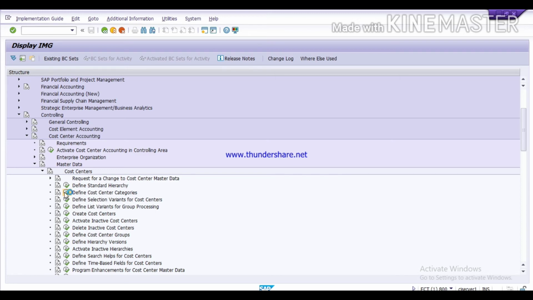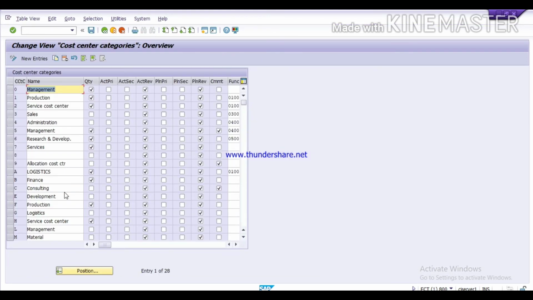Execute it. In this step we will define the cost center categories. In your company there are many cost centers, and we have to manage many different cost centers. So in this step we will categorize your cost centers, so that at the time of transaction you can select the category in which your cost center falls.